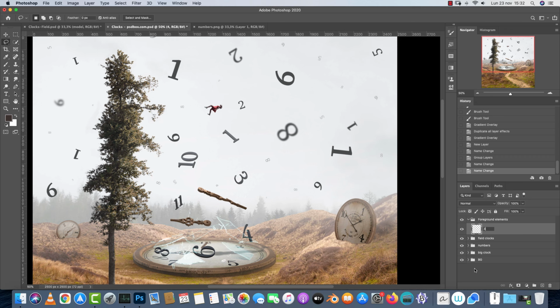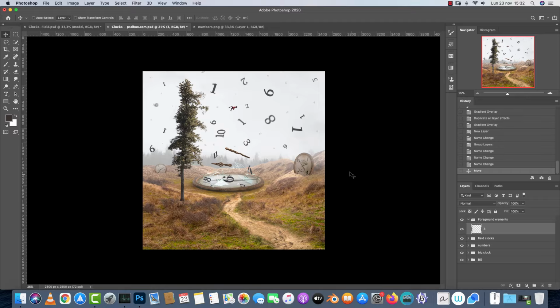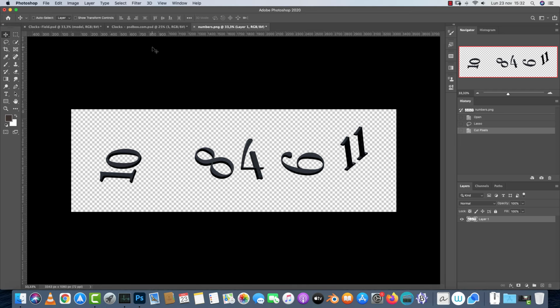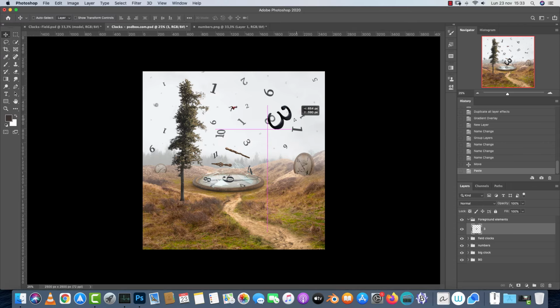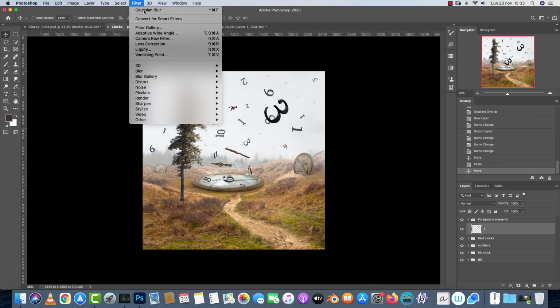Actually this is the 3, and I'll paste my 3 number over here. I don't know where it is. I didn't paste it. Oh yeah, now, okay. I'll put it right over there and I'm going to the blur gallery and I will